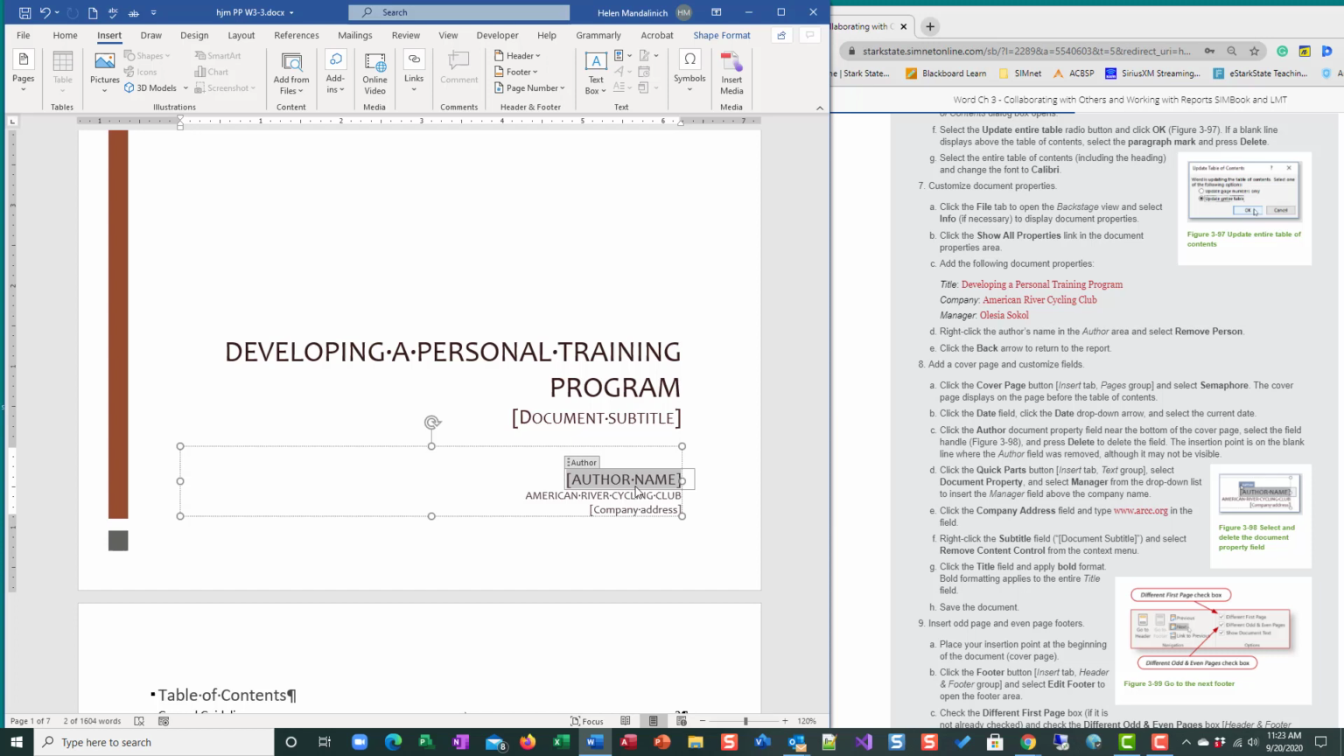So when you want to work on the box itself and not the contents, you want to make sure you click on the name of the property, the text property. In this case, it's author. Then we can hit delete. Notice that the whole box as well as the contents of the box is gone. All right, so